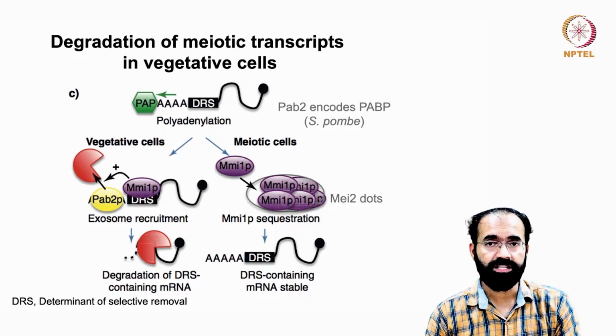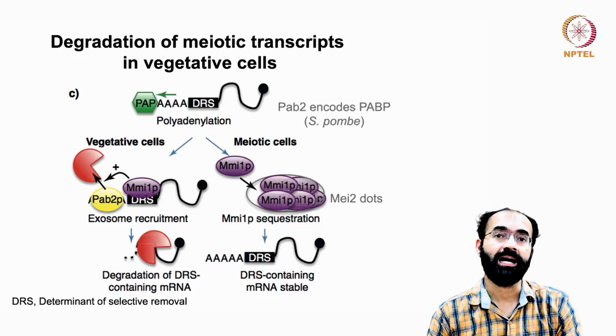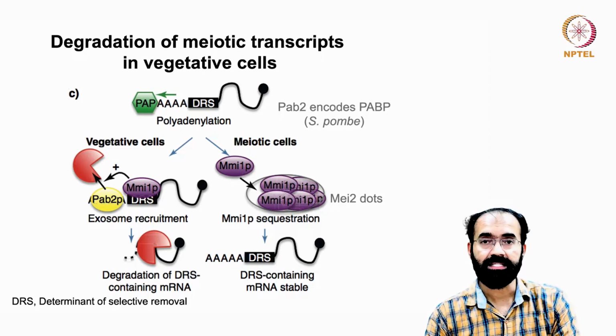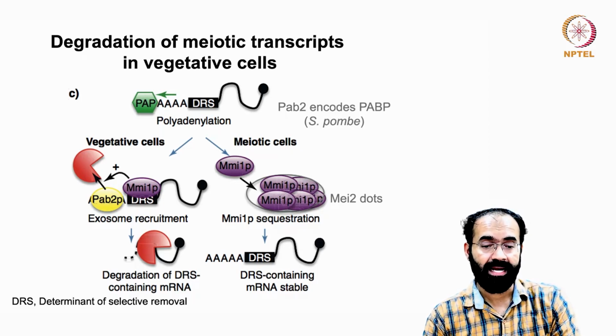So, in meiotic cells, what happens? MMI1P is present in abundance. Then what will happen? The same MMI1P which was able to recruit the exosome is not recruiting that. What is it doing? It is forming a cluster. It is forming an MMI1P complex by binding onto the RNA, the same DRS containing RNA, and it formed a cluster, and this